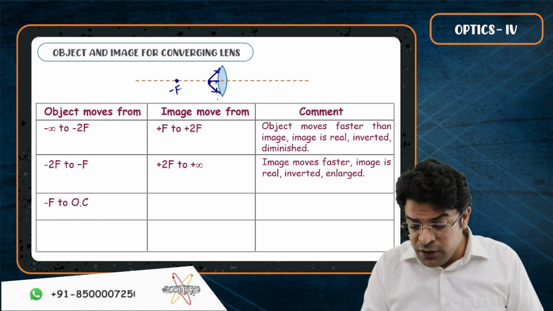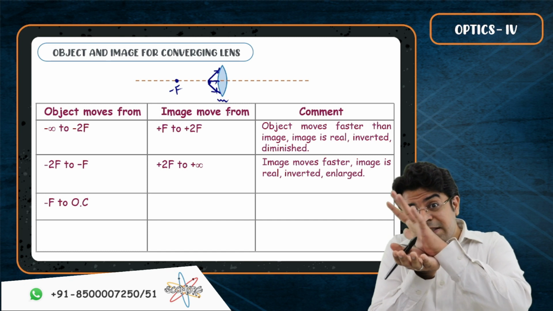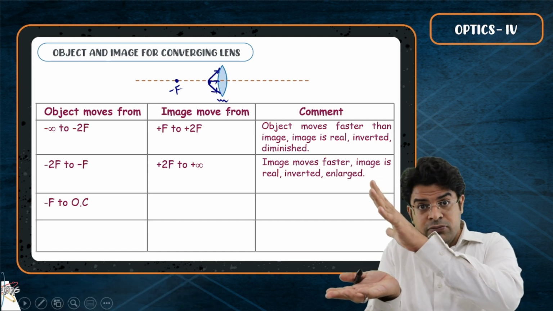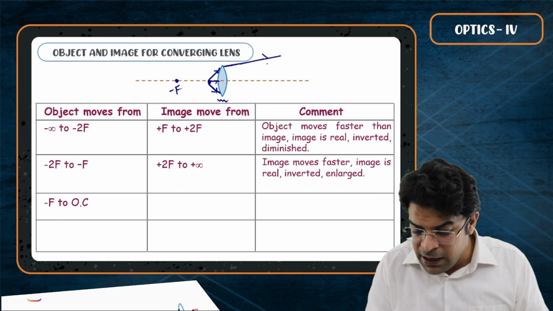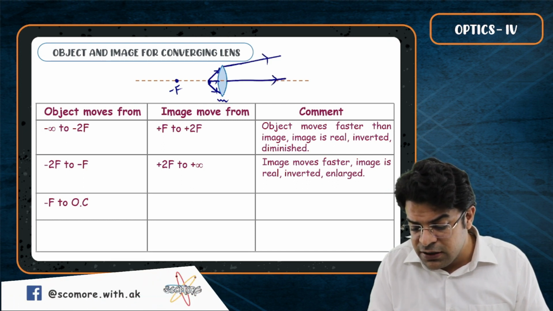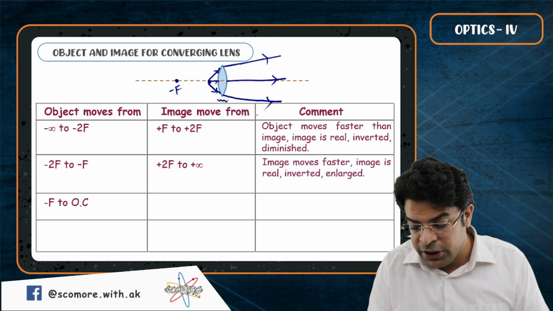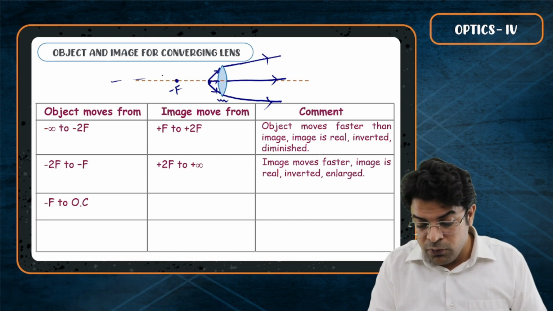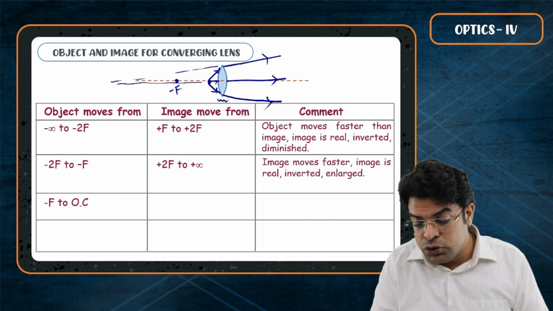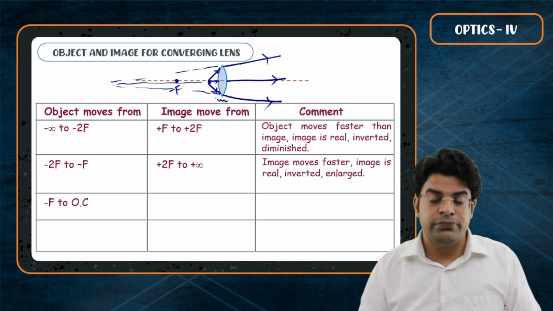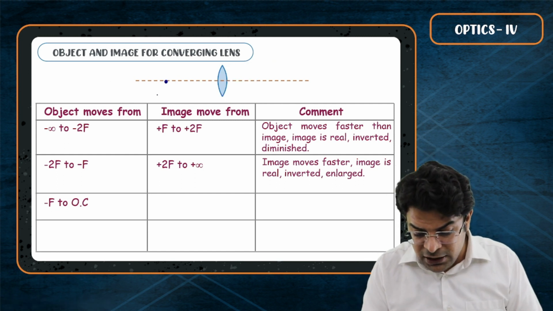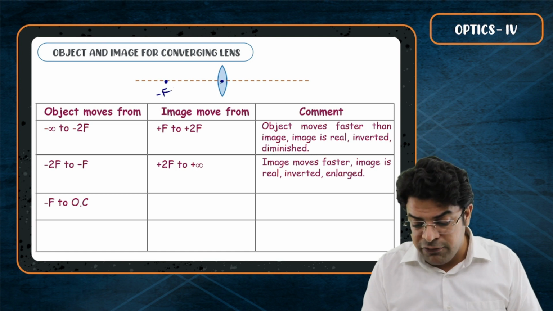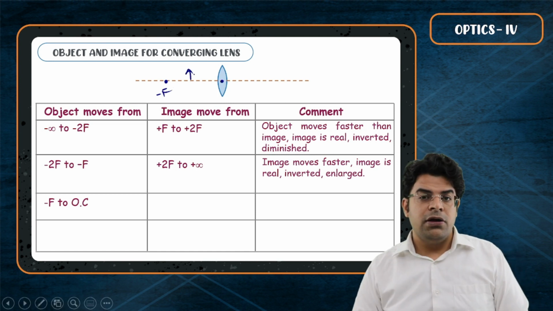And it will be difficult for the lens to converge these highly diverged rays. It will converge, but might not be able to sufficiently converge to form a real image. So the image formed will still be virtual in nature. So do understand that if the object is placed within the focus, between minus f and optical center, then the